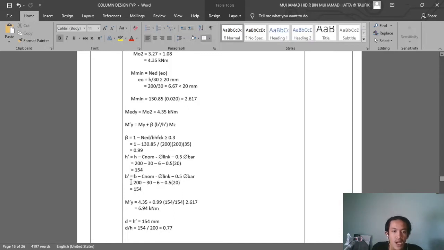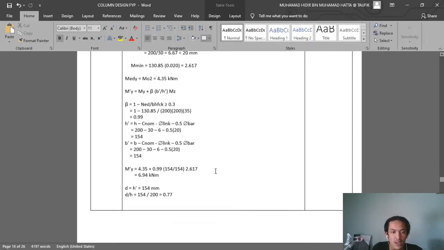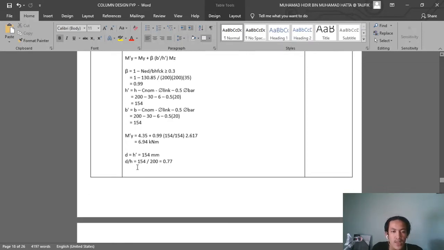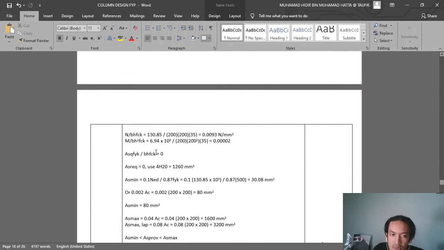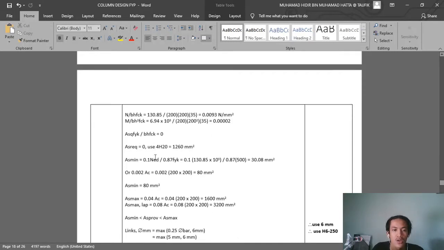And then we calculate this. We got a 6.94 kilonewton meter moment at this, and then we calculate d, which is this. d is actually the same as h prime. The h prime we get from this, we just use it, and then d over h we got 0.77. Then we need to calculate N over bh fck, and also M over bh squared fck. We got this value,